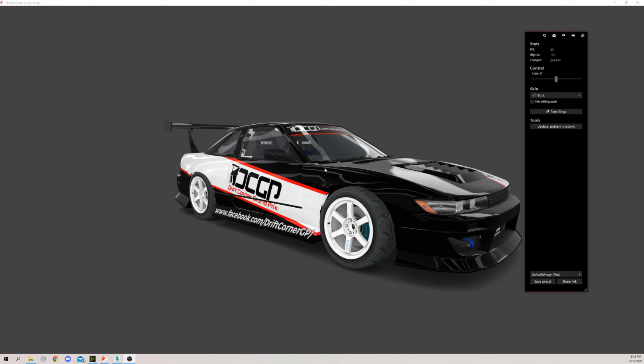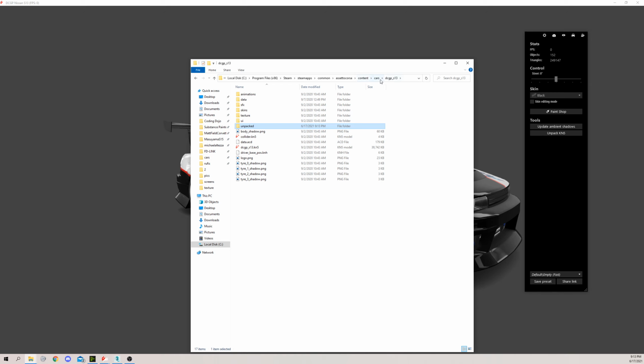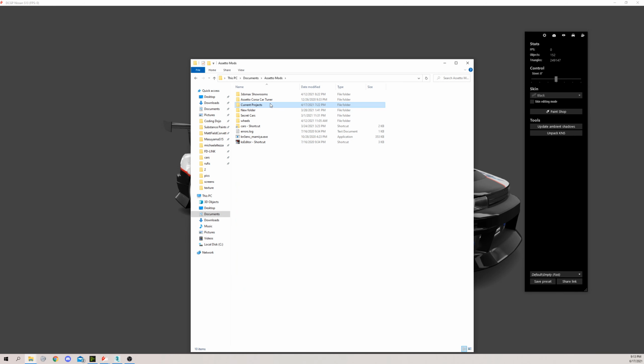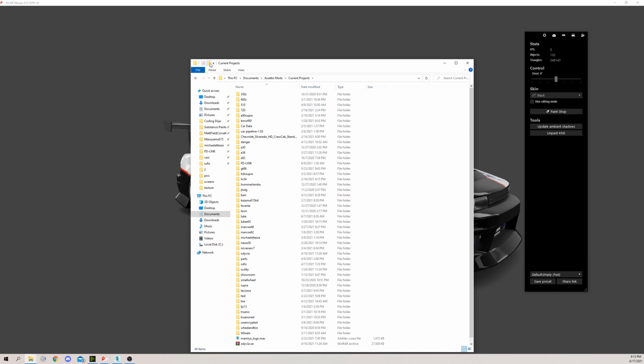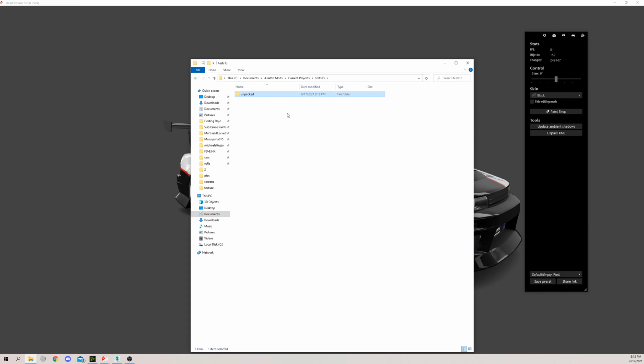Make sure you unpack KM5. You'll get your unpacked folder. We'll click back one. What I like to do is copy this unpacked folder and go to a folder that I have created for a project folder type thing. We're going to make a new folder, say test S13, and paste the folder into here. We could even extract these and put them out here. You don't need too many folders inside folders. So just inside the main folder, I have the texture file with all the textures, and then the FPX